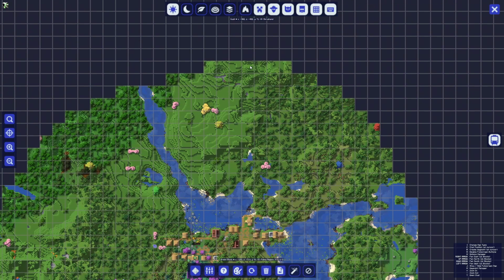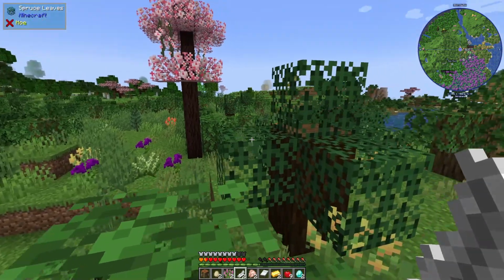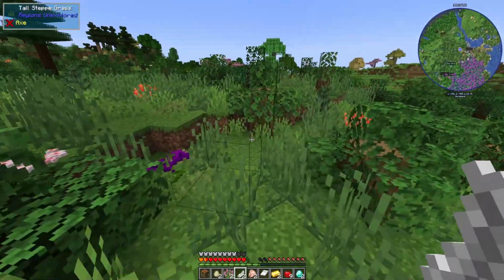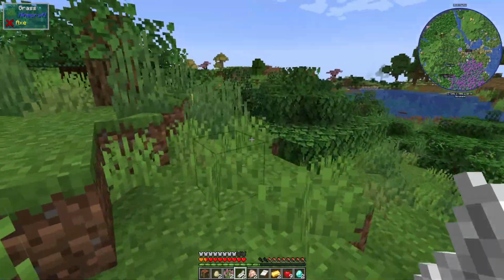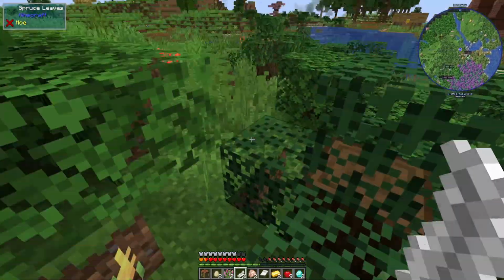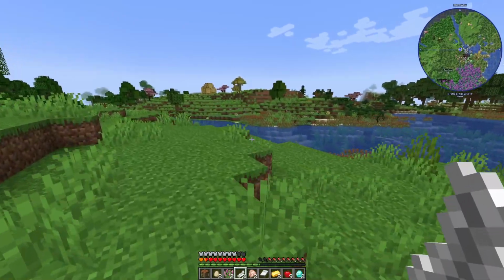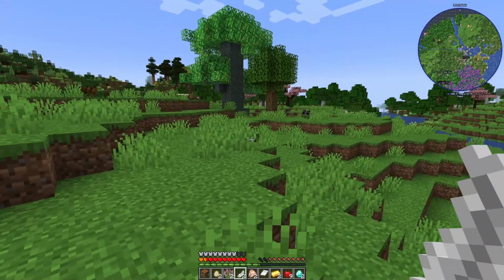Let's come over here and see what's on the other side of those hills or mountains. So we're in a shrubland. This shrubland kind of sucks. I don't really want to build there. I think I did see